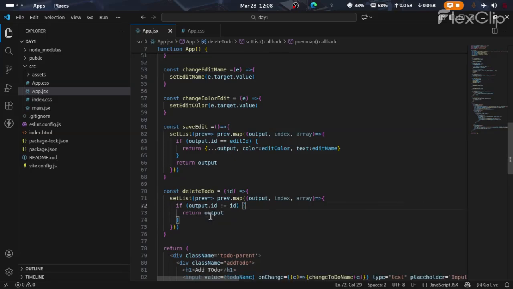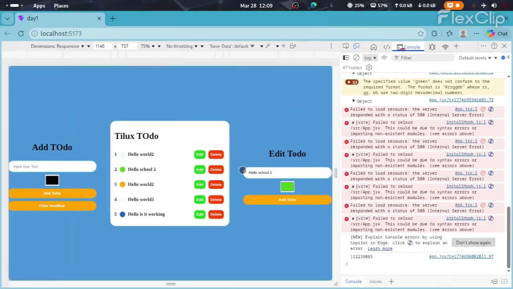So basically what I mean here is that the mapping will check, okay, this particular ID is not equal to this ID, it will return it back. Okay, this particular ID is not equal to this ID, it will return that one too. Then by the time it notices that this particular ID is equal to the ID we are trying to check here, it will not return it, and then it will move on to the next one. So for example, now if I click on delete,